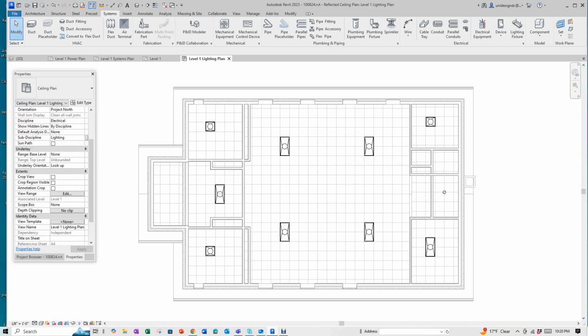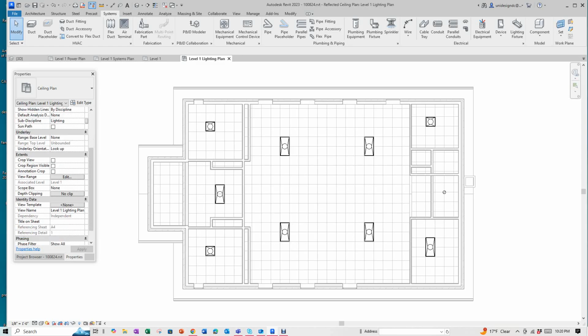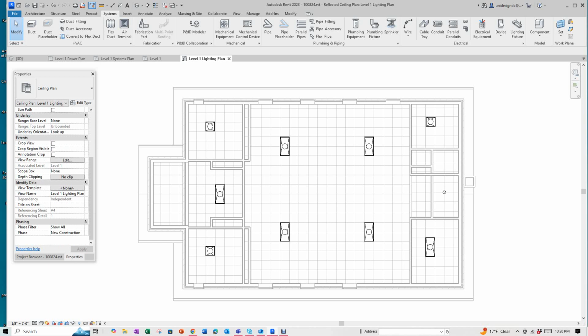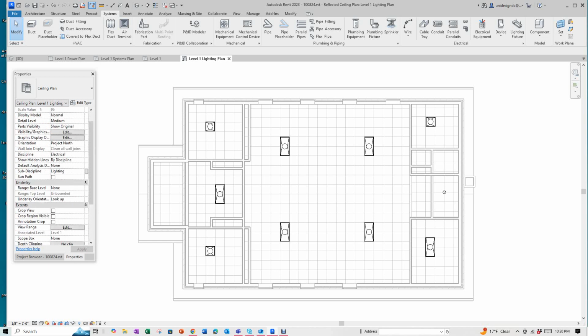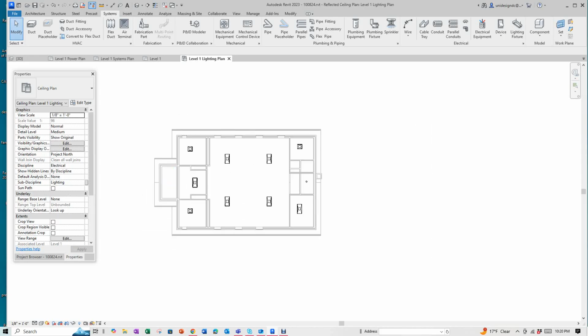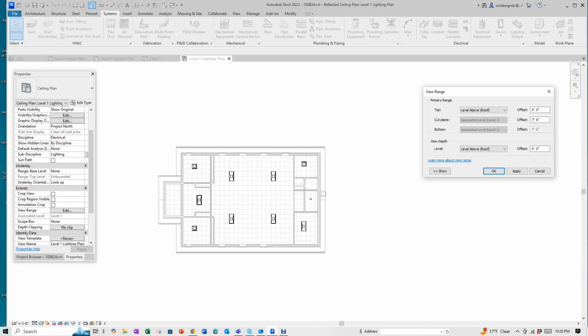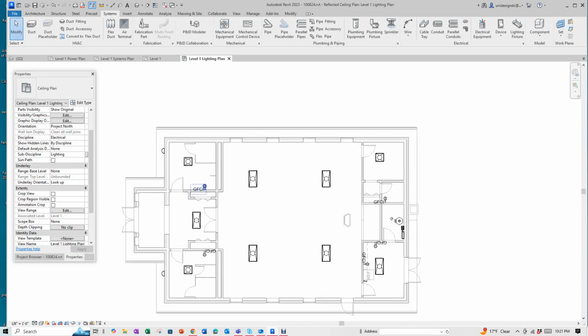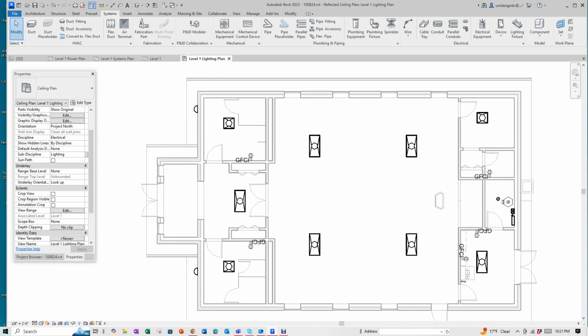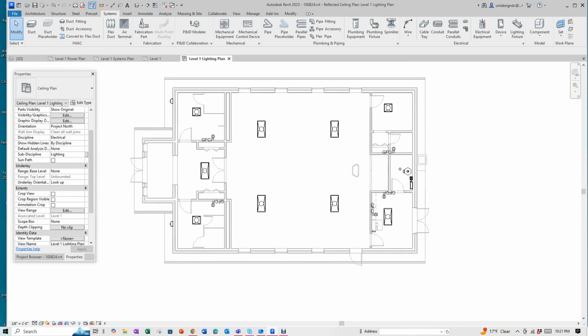Our view range is, where is it? I'm sorry guys. Okay, there you go. So in here, I'm going to change this cut plane. I'm going to just cut it down 3 feet, and click Apply. Okay, now we can see everything, like our doors, a little more information,